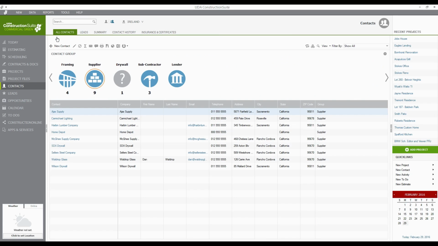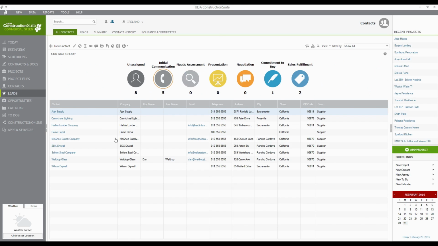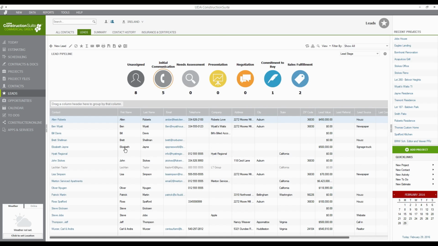So a tremendously beneficial tool because it could save hours and hours of time. You don't have to worry about all that additional information as well. Now, of course, that's all for contacts. We've just created Lisa Simpson. She is our lead. To create a new job for Lisa, you just need to come back to the lead